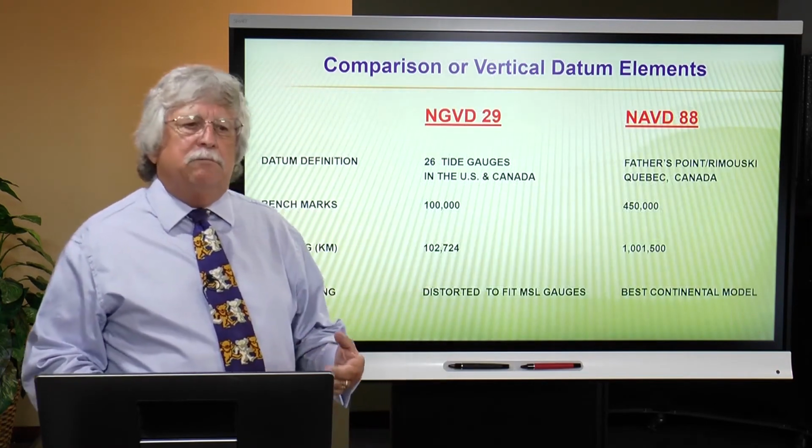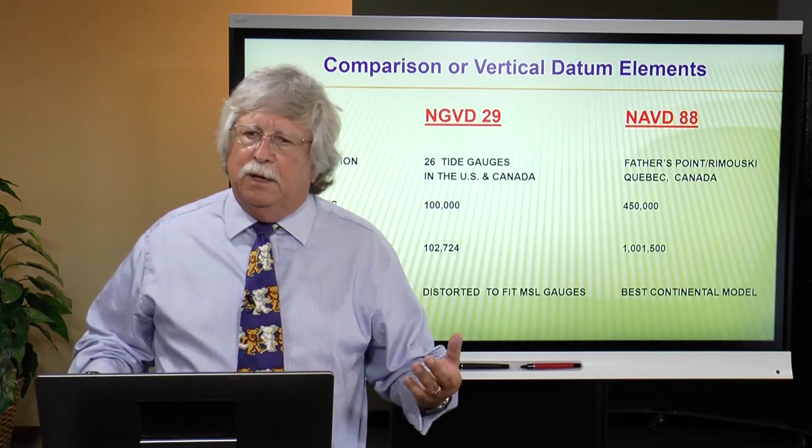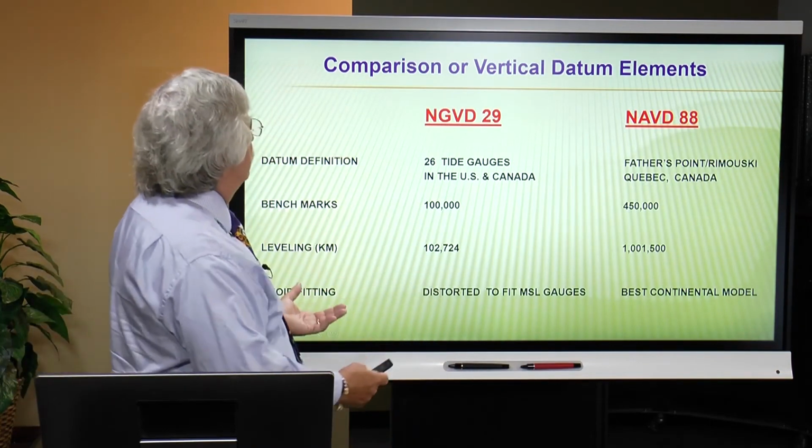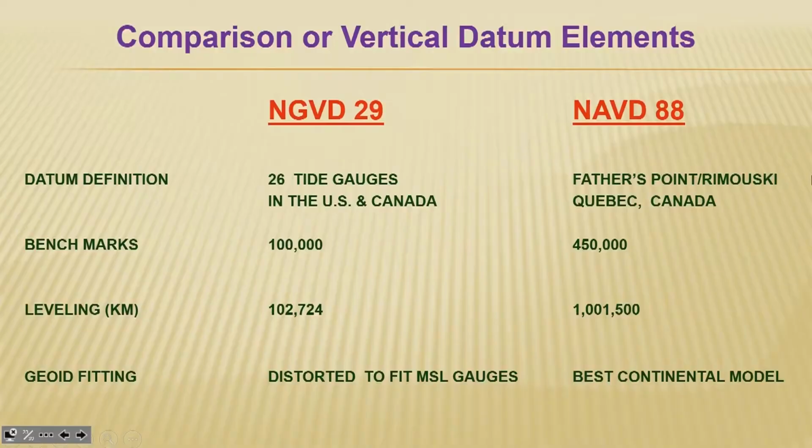By the late 1980s, it becomes important that we readjust this. And so here you see some of the structural differences between the older datum NGVD 29 and NAVD 88. 26 tide gauges, 100,000 benchmarks, a little over 100,000 kilometers of leveling. When we move to NAVD 88, now we have a totally different process. Instead of